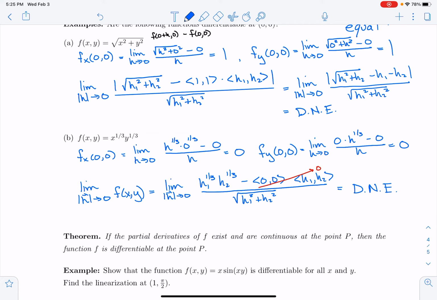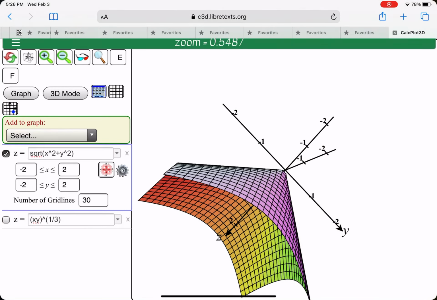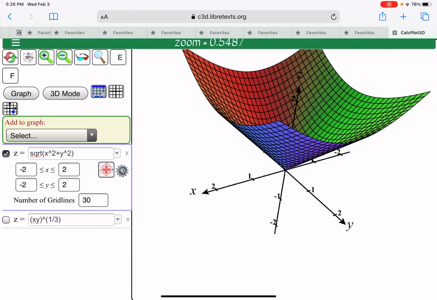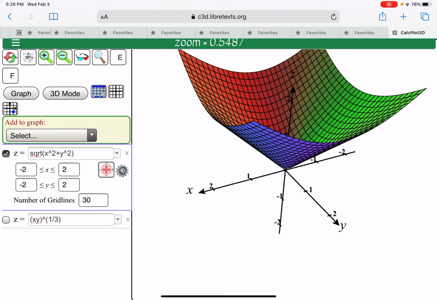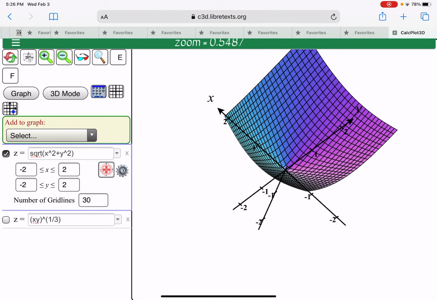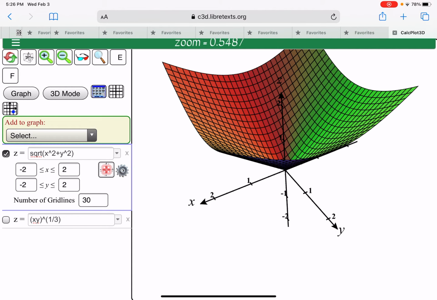Okay, so let's look at what the pictures of these functions look like. First, the square root of x squared plus y squared. Notice that you get this kind of bowl shape, but it has a tip at the bottom there. You can remember from your intuition about differentiability of single variable functions, if you had these jagged edges, things like the absolute value function,